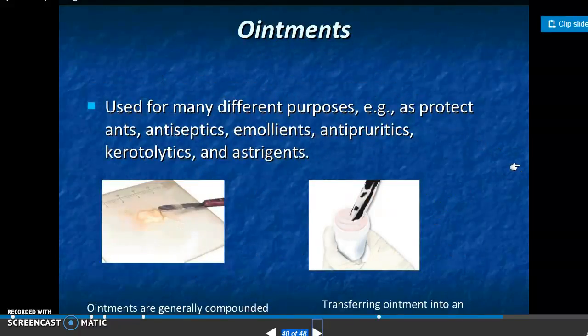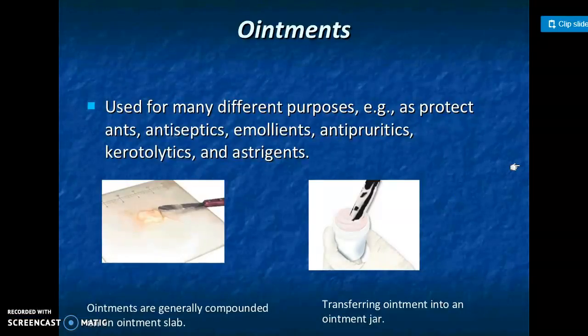All right. Something that's also very important in medication is the formation of ointments. Here we talk about aseptic compounding and many different types of purposes: to protect, antiseptic, emollient, antipyretic, keratolytic, and astringent. Basically we are talking about the ability to protect against insects. Sometimes it is used to prevent bacteria in the skin,